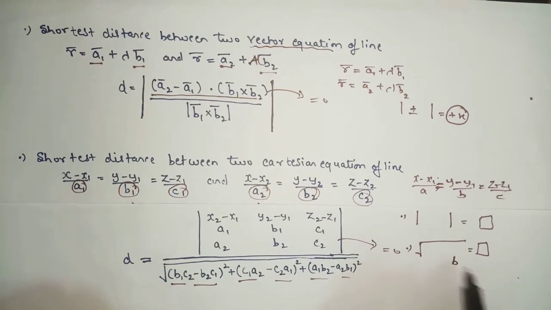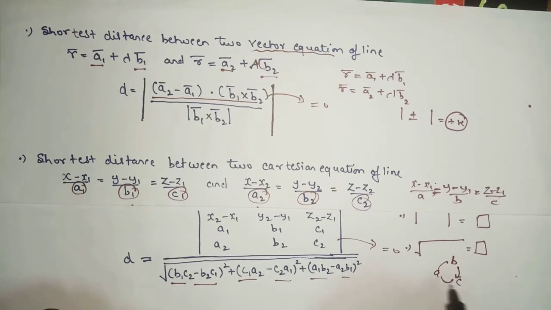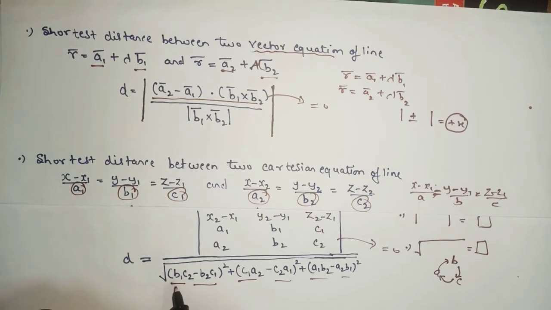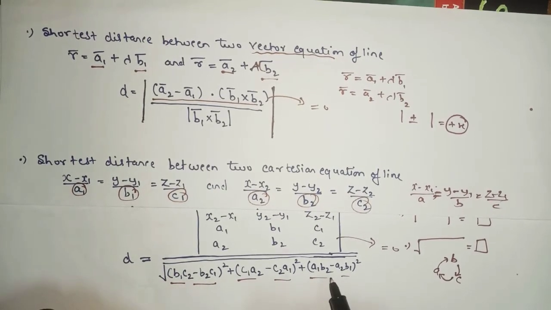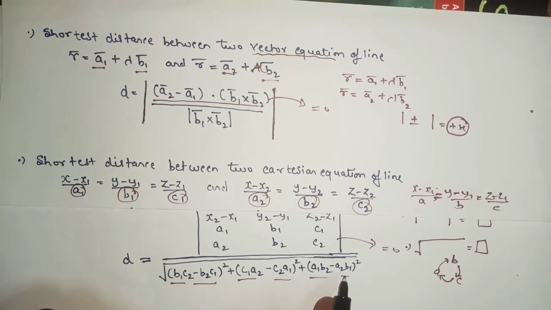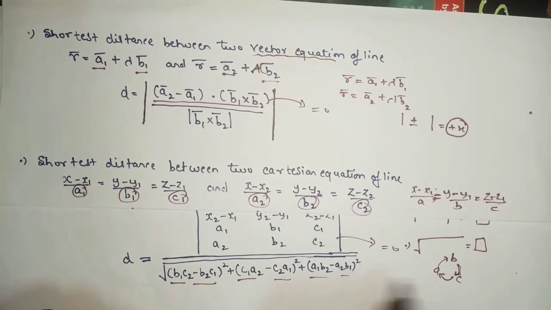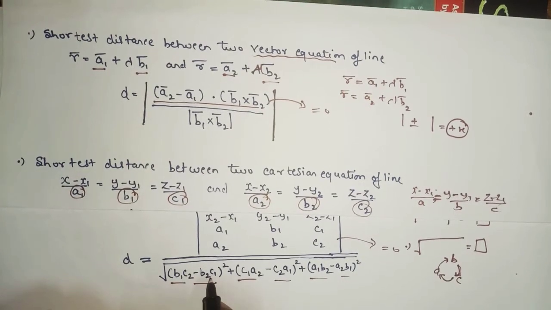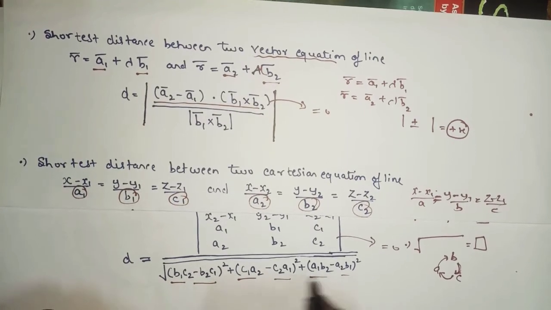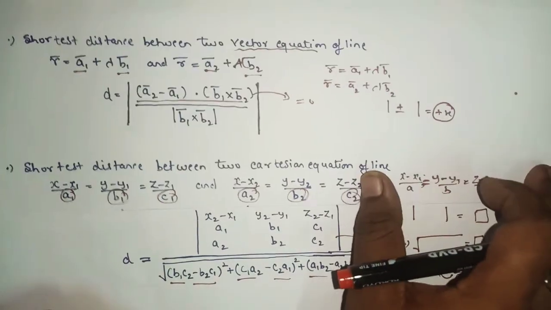Just remember this cycle: b2c, c2a and a2b. So b2c, c2a and a2b. Here you will write 1 2 2 1, 1 2 2 1, 1 2 2 1 like that. See, b2c, c2a and then a2b. So b2c you write, c2a you write. Like here bc, bc, ca, ca, ab, ab. Then after that 1 2 2 1, 1 2 2 1, 1 2 2 1. In this way you can remember this formula.